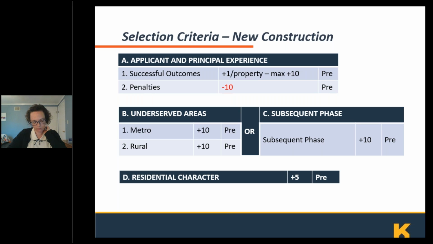The proposal will get 1 point for each property with a maximum of 10, for the developer or managing member or GP that has a property that's placed in service between 2010 and 2019, and that it meets the requirements that's listed in the QAP. There's one area of penalty in the scoring criteria, and applicants or proposals will lose 10 points for applicants that